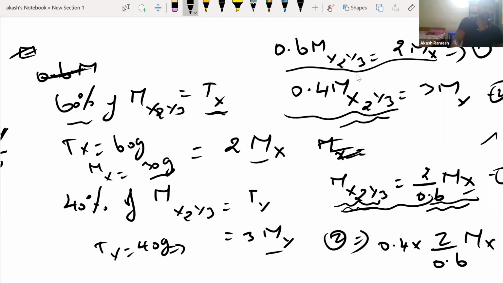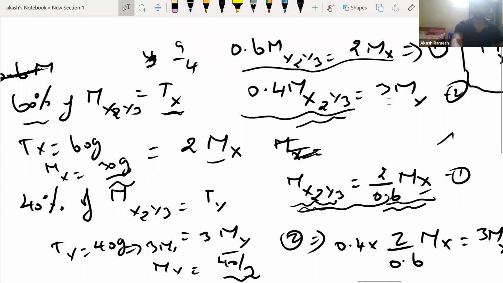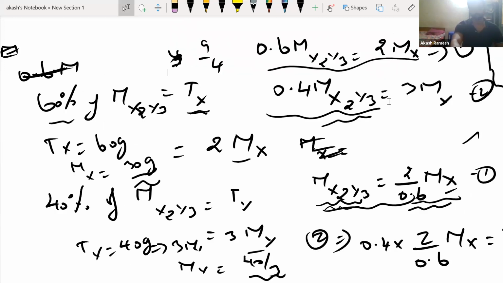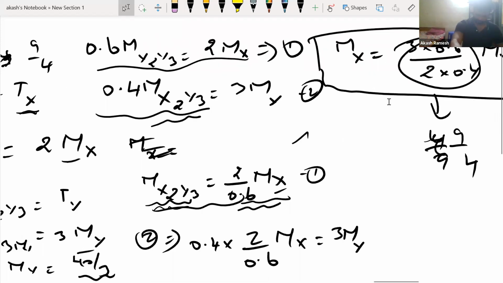So that will be equal to 3 into my. So the atomic mass of y would be 40 divided by 3. Now if you try to get a relation between 30 and 40 by 3, again you will get it as 4 by 9, sorry, 9 by 4. That you will get. But I would say it's a tricky way to work out. This is the correct way, but it's not like it's wrong what you did. Sometimes it can become tricky. But again, good effort. That will work. Definitely it will work.